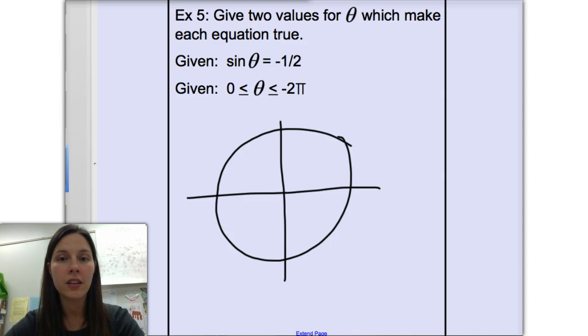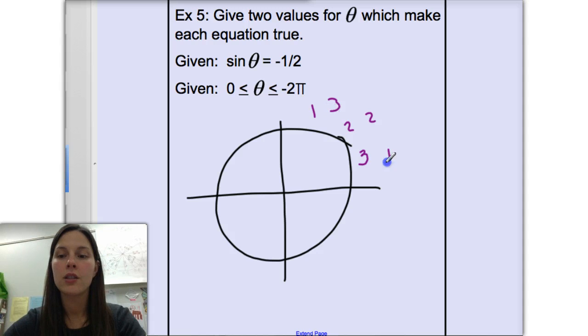So we are making a negative rotation to find where sine is equal to negative 1/2. I always start in the first quadrant and then reflect it or rotate it where I need it to be. So remember, cosine goes 3, 2, 1. Sine goes 1, 2, 3. So my sine value would be 1/2 at the pi over 6 rotation. So to get that in the fourth quadrant where sine is negative, it would be a negative pi over 6